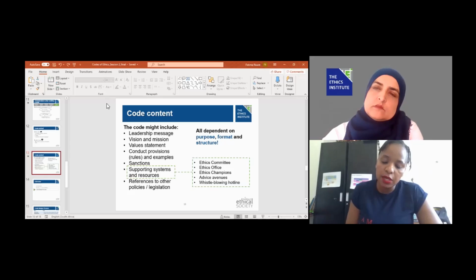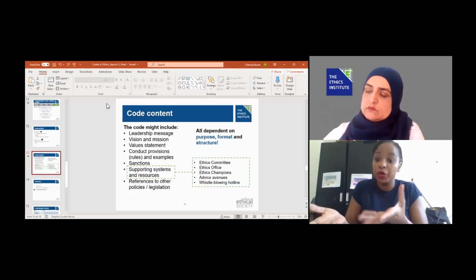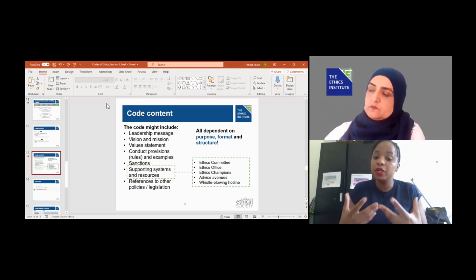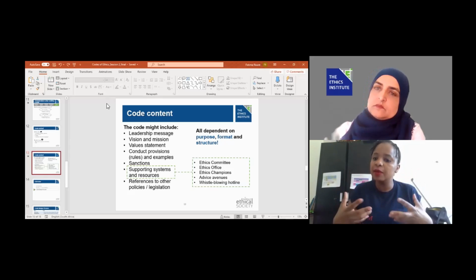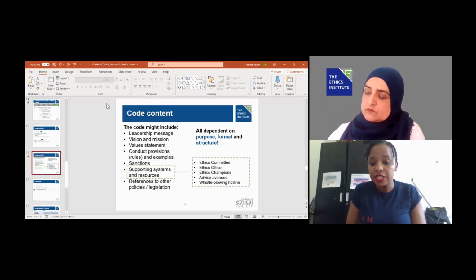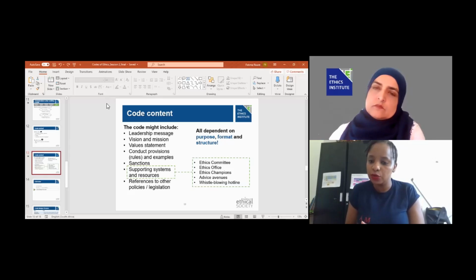The other models, like the inspirational and the value ones, have a way of giving people a bit more information in terms of helping them think creatively and being able to apply the values to different situations. So that's the other limitation of having a purely instructional code: whatever is not written then leaves a doubt. People don't know how to act.